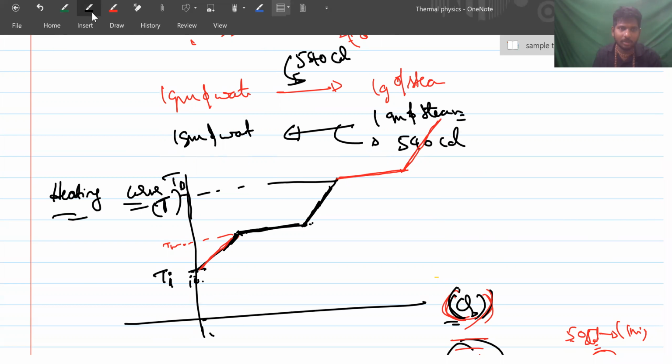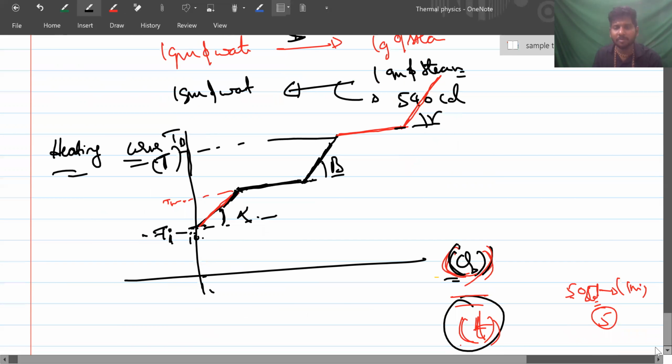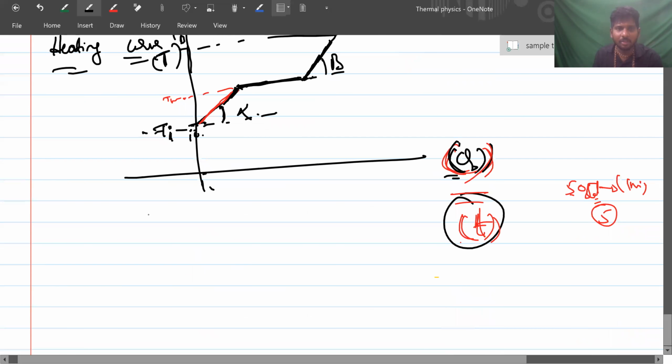Now, in some years, some basics on this are also given. So here there will be a slope, right? When the temperature is changing here and here. Yes, sir. This is beta, I'm considering this is gamma, this is alpha. For the slope of that line, what do we know? Q is equal to m s delta theta, right? Yes, sir. Then delta theta is equal to Q by m s, right?